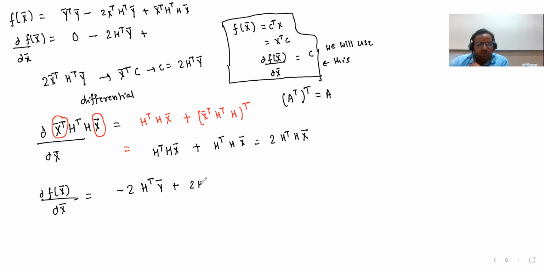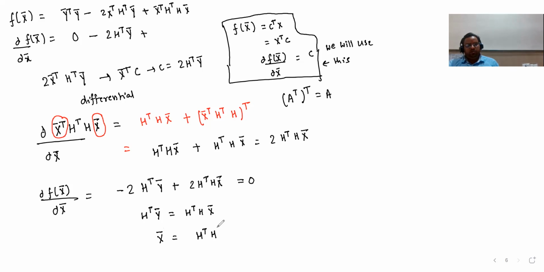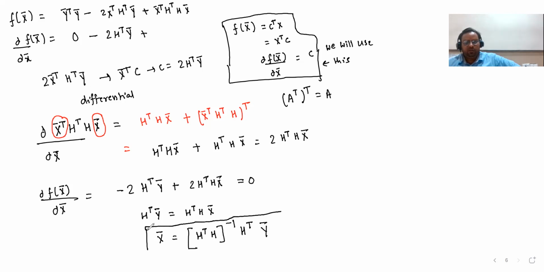Okay, so here it is plus, and we get here the differential of this term is obtained as 2 times H transpose H and X, and for obtaining the optimal X bar, we have to equate it to 0. So when we equate it to 0, the 2 and 2 will automatically get cancelled. We have here H transpose y bar equal to H transpose H X bar. So if I try to write, X bar will be equal to H transpose H, the inverse of this factor, and H transpose, and this multiplied by